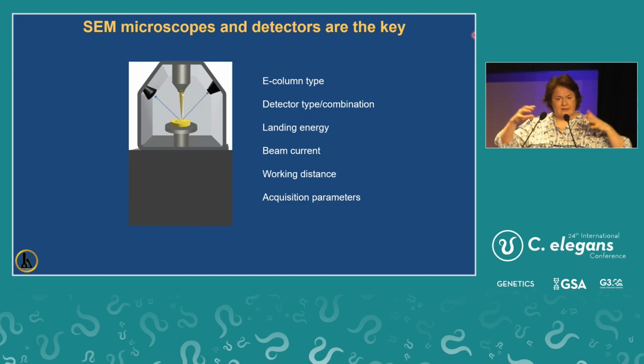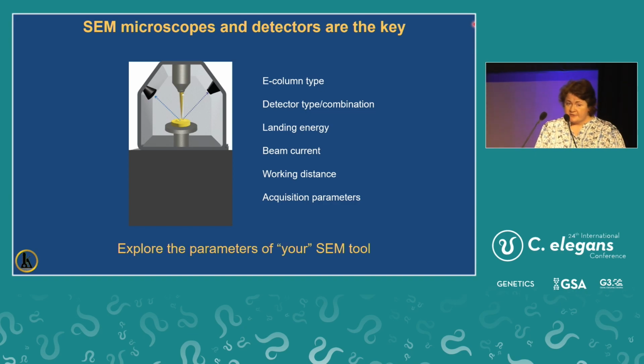It's actually what the detectors can collect. And if you have a FIB or serial block face, for sure you can do array tomography. If not, just check the parameters of your machine,